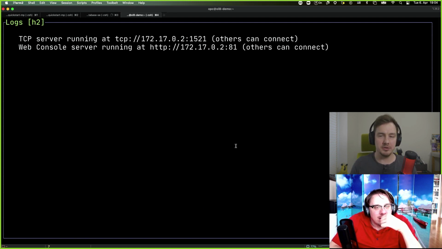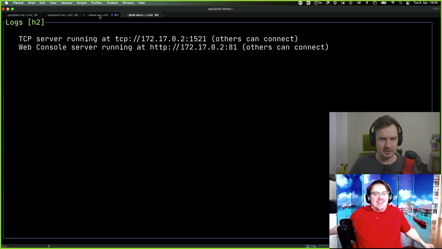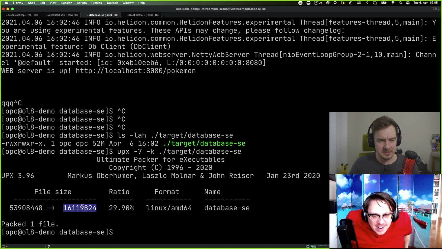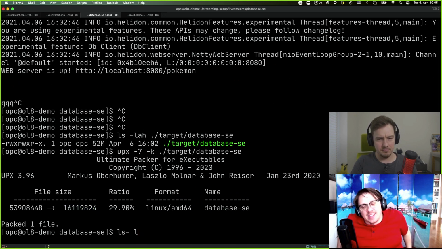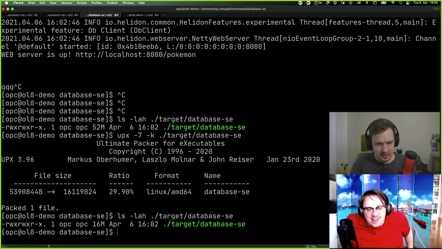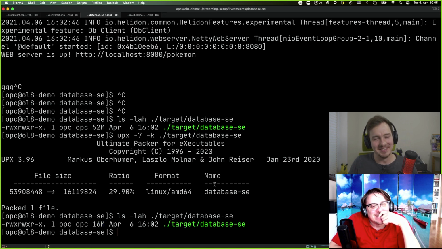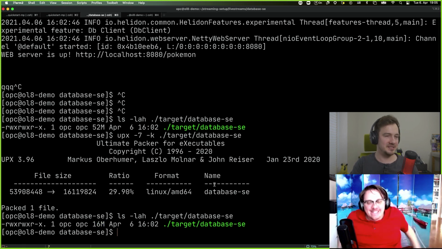I hid the screen so we don't see the result there. Okay, we're not gonna wait, but you still type, right? So okay, it's 16 megabytes, I think. Ah man, it's even less than 17. Yeah, it's 16 megabytes. This is very cool. Look, countdown latch says 2 megabytes. Come on. A hello world will be 2 megabytes, but this is a fully functional microservice talking to